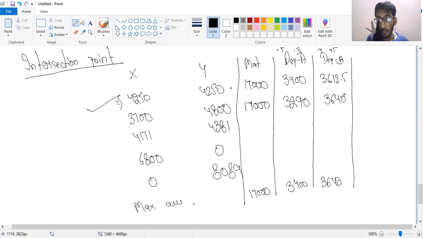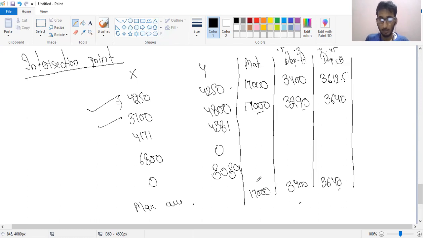So basically everything is within the limit. In the second option, we require 3640 of department B hours, and we are available with the same. We require 3290 of department A hours, we are available with 3400. So it is also within the limit. We require 17,000 of material, and we are available with 17,000. So yes. Now for the third option,